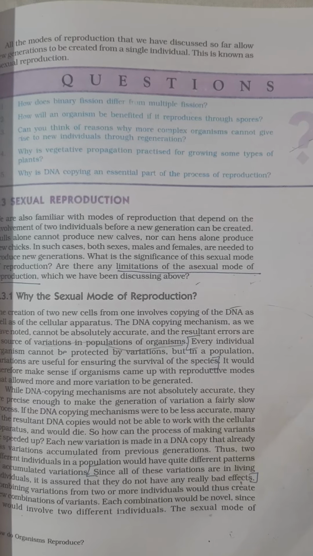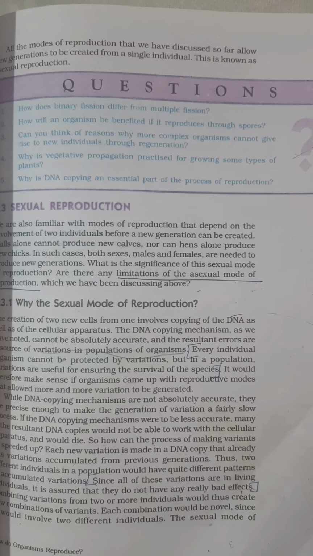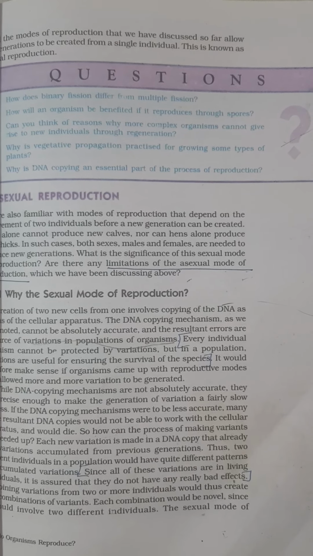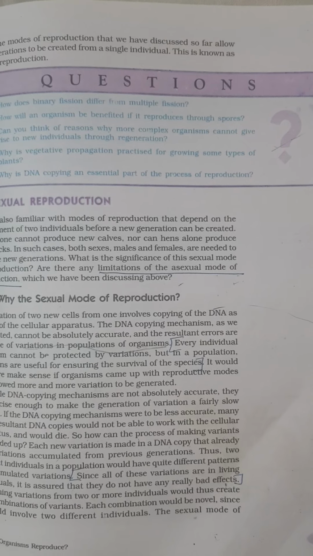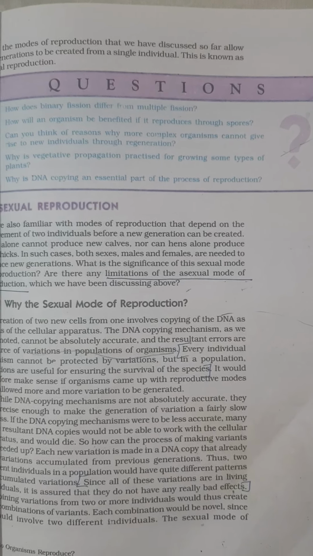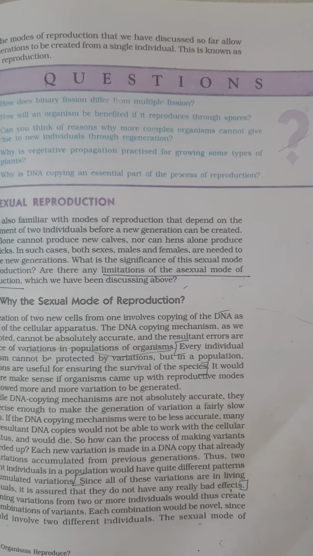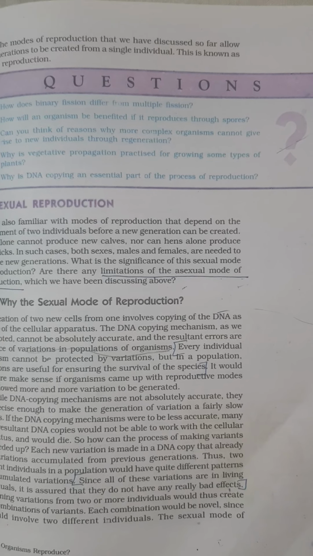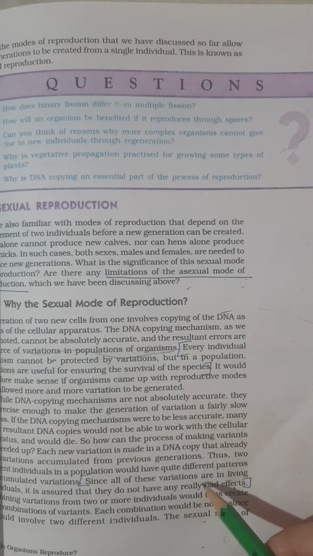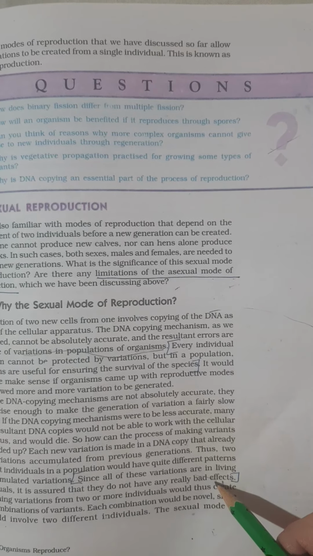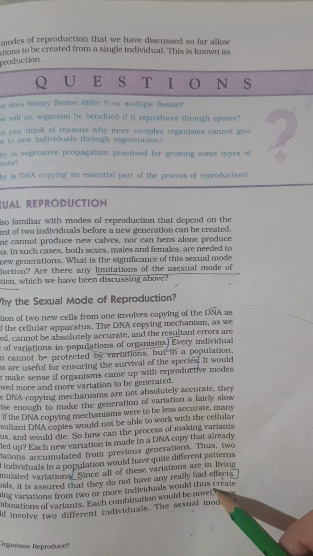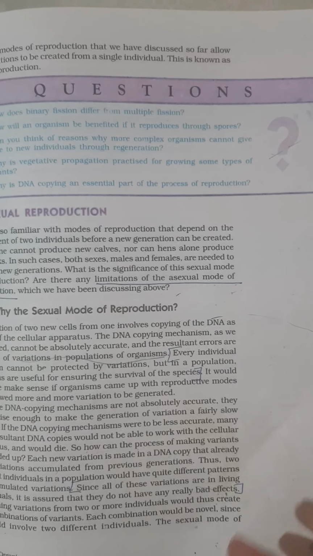In case of the sexual mode of reproduction, there are two parents. So the maternal and paternal DNA can carry out the variation process, and then in the offspring we can have the fittest DNA, which is the survival of the fittest. That is why the bad effects will not be carried forward, only the positive effects will be transmitted from one generation to another.